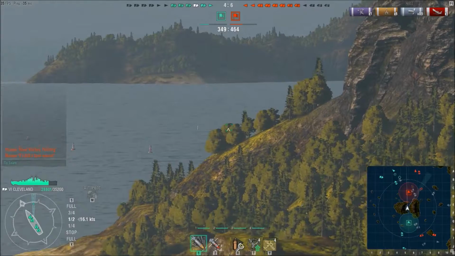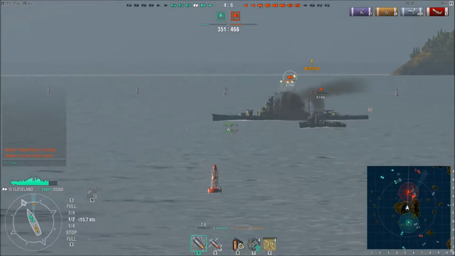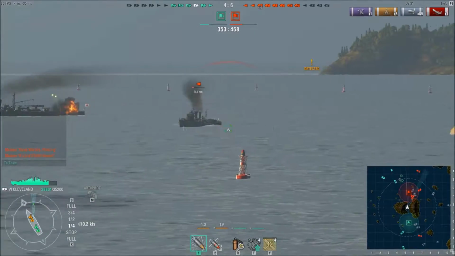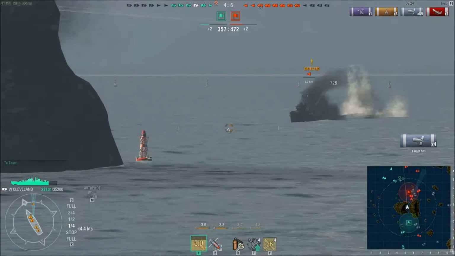So, what's out there? Is there something for me to shoot at? Okay, crap, I'm detected. Oh, crap. All right, this isn't good. I've got a destroyer looking at me. And is that Mogami again? So, I fire at the destroyer because he's closer, and more importantly, a good salvo will kill him. I don't kill him with that one,